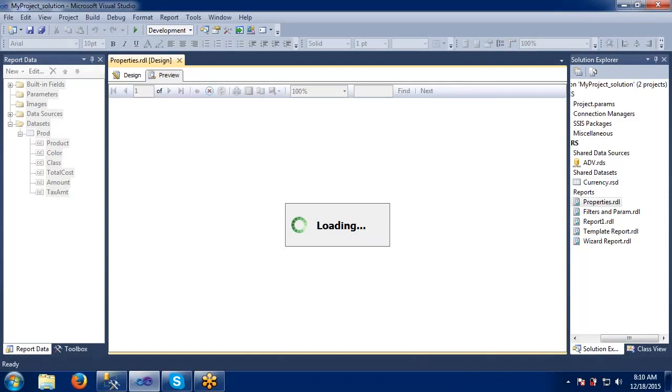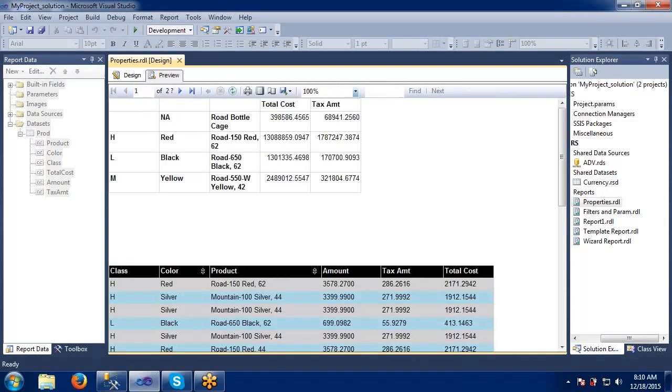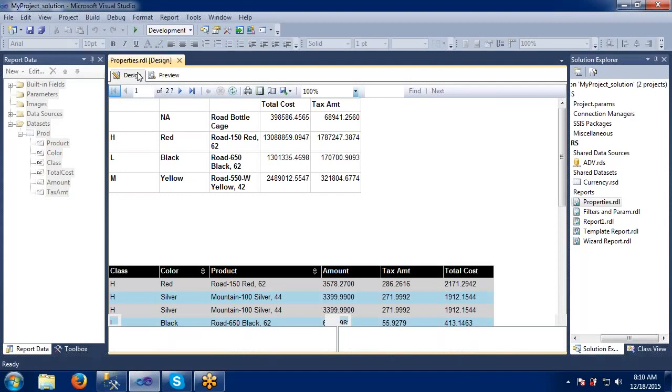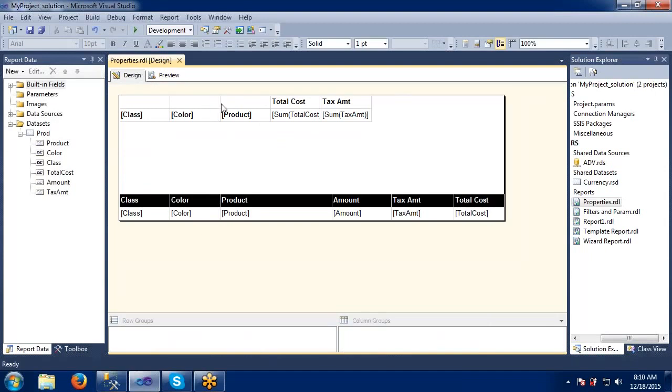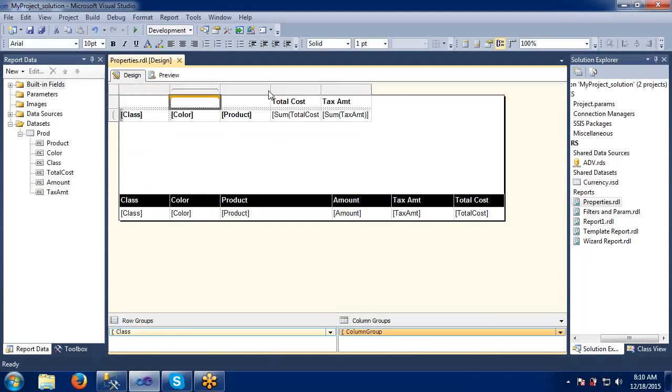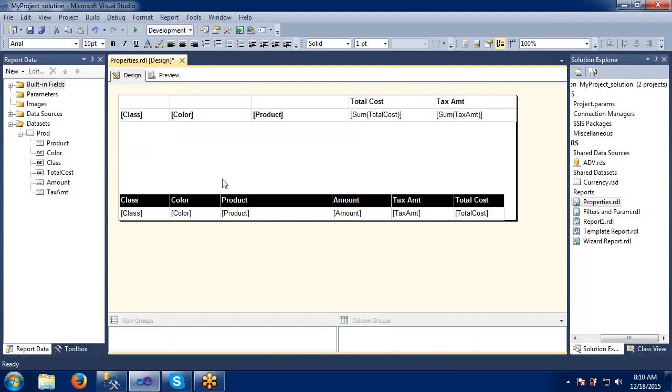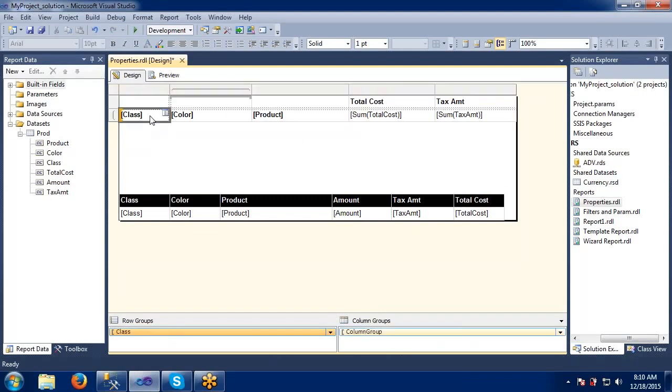Now I am taking a matrix report here, just to show the difference between these things. Okay, so here we are getting high class, low class, middle class, red, black, yellow. So I will take some product name here, color, something like this. Okay, if you want to apply the same thing, we can do this.